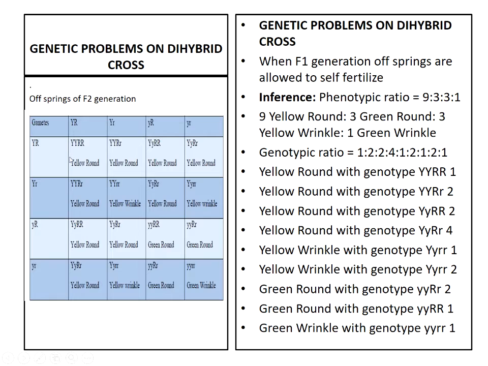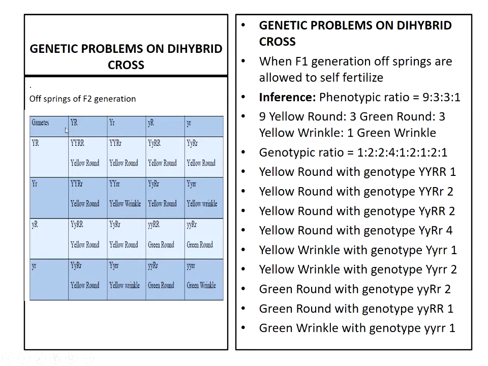So let us know how we can cross the gametes. First, in the checkerboard we have written the gametes, that is capital Y capital R, capital Y small r, small y capital R, and also small y small r. In this column also we are going to write the same gametes. Now it's the crossing time.